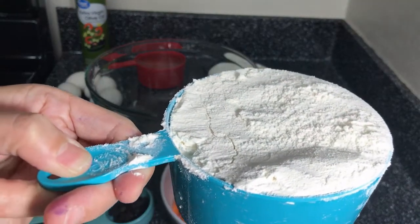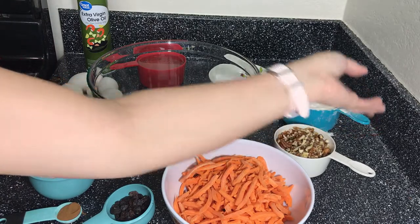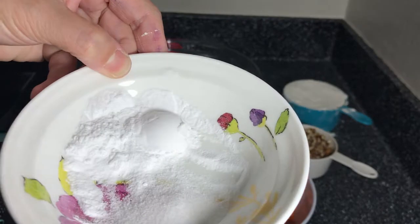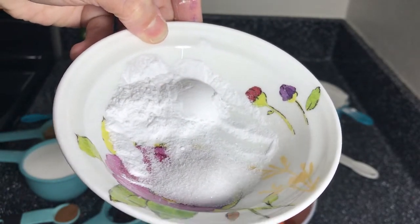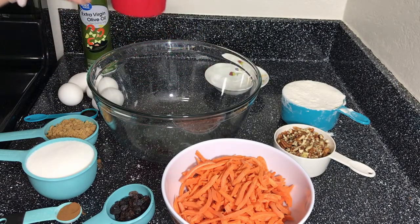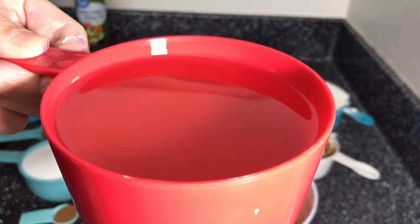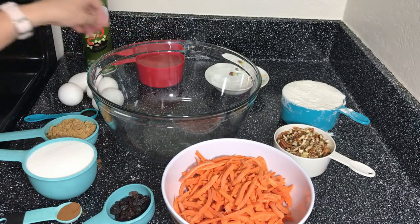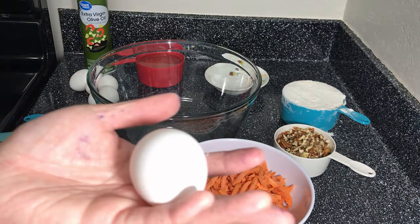1 3/4 cups of white flour, 1 teaspoon of salt and 2 teaspoons of baking powder, 1 1/4 cup of vegetable cooking oil, and we need 4 eggs,